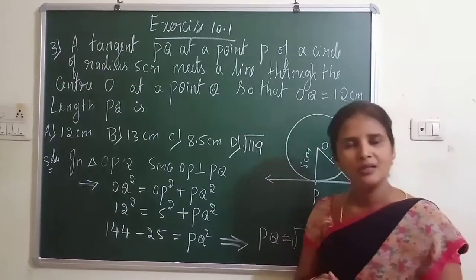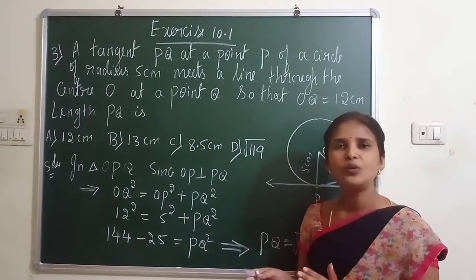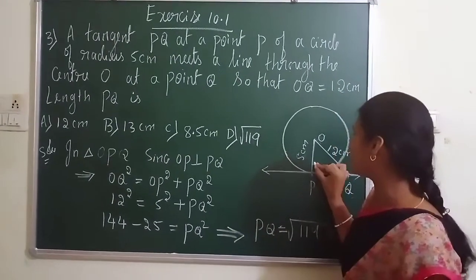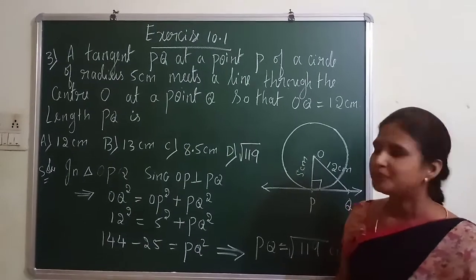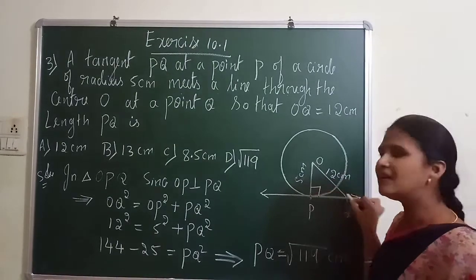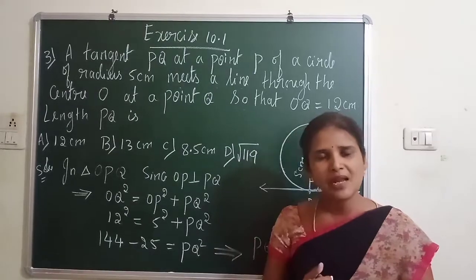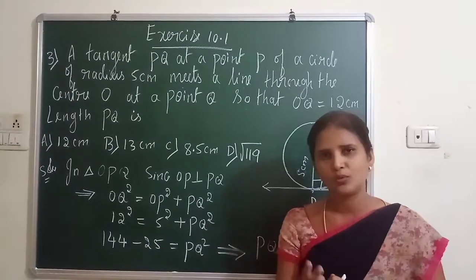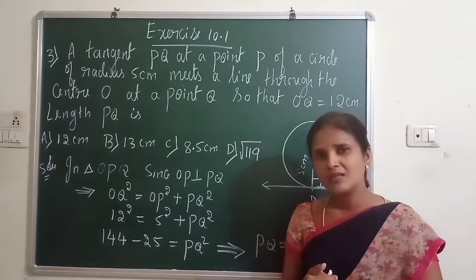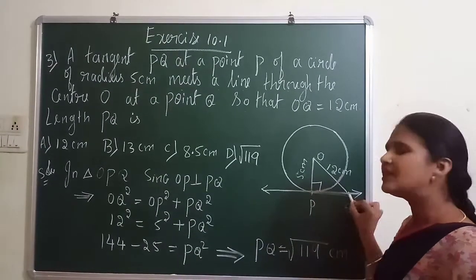And as you learned, what does theorem 10.1 say? The radius drawn to the tangent at the point of contact is always perpendicular to the tangent. So can I mark here 90 degrees? And you can see what type of triangle is formed here. Yes, it is a right angle triangle OPQ. So in a right angle triangle, among 3 sides, if I know any 2 sides and I want to find the third side, which formula can you use? That is the Pythagoras formula. So now let us use the Pythagoras formula and find the third side of this triangle,